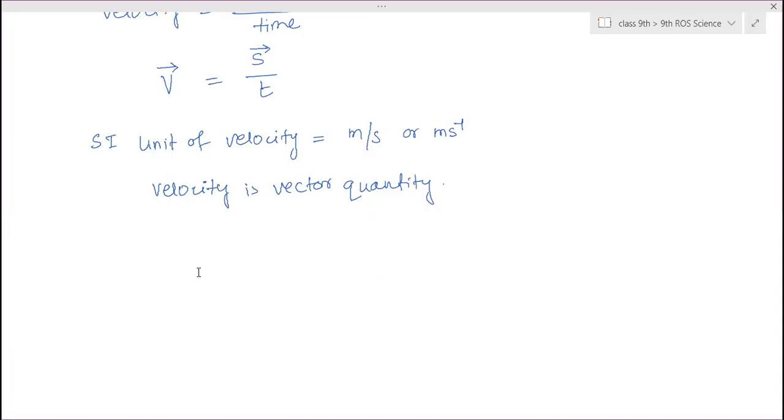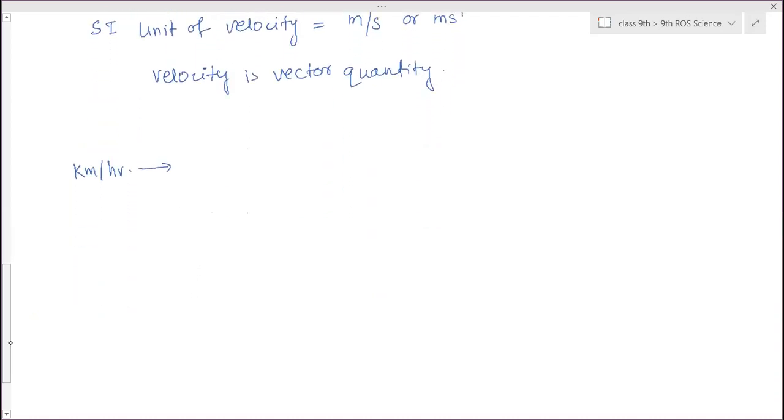So instead of using the smaller units, sometimes we use the larger, multiple units also. One of the larger units of speed and velocity is kilometer per hour. So we use the speed of a vehicle moving between two cities, or when covering a larger distance, in the unit kilometer per hour.